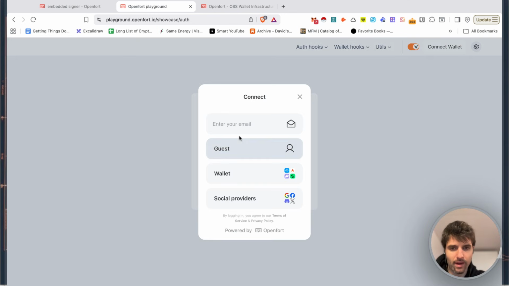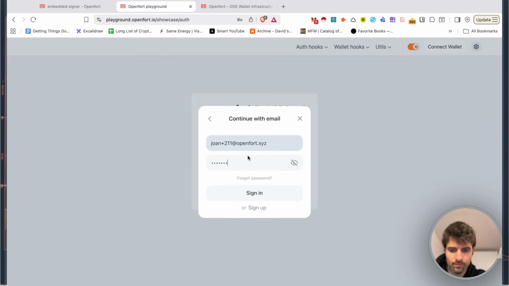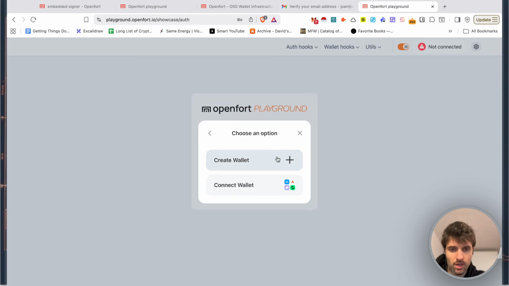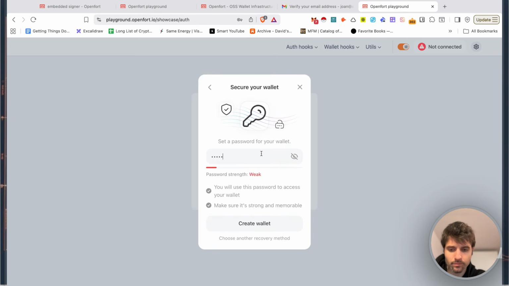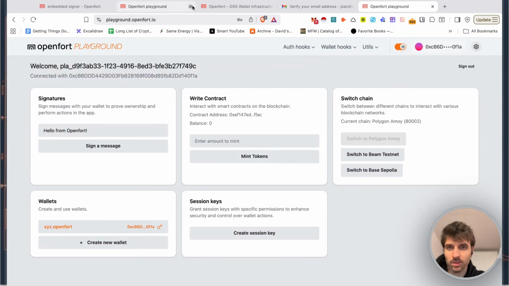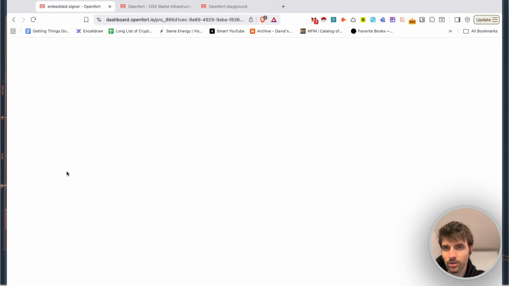And so now if, let's say, I want to log in with an imaginary email, I'm gonna sign up. Okay, I'm just gonna create a wallet here. Say I'm gonna do it in manual mode by inputting a PIN of my own. Great, now I'm connected. And so basically, if I were to go to my dashboard here, on the user section,